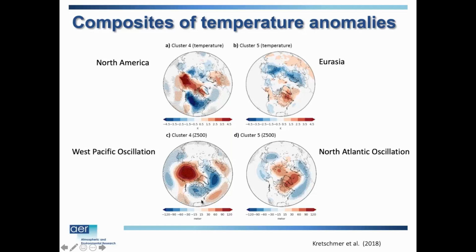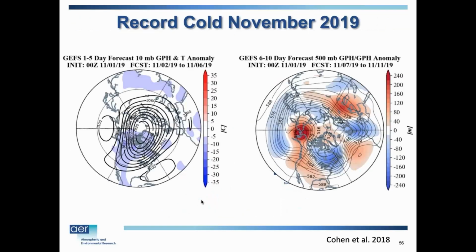So very different tropospheric responses to these two different stratospheric warmings, and this is really something that I think hasn't been appreciated by the community. I bring this up because we had this really cold, record cold first half of November. Here's just the stratosphere, quickly pulled up. You can see that ridging here in the North Pacific sector with this downstream trough, and this is in the stratosphere. But here's the troposphere, just a forecast, and you can see the strong ridging center, let's say over the Bering Sea, with this downstream troughing across eastern North America.